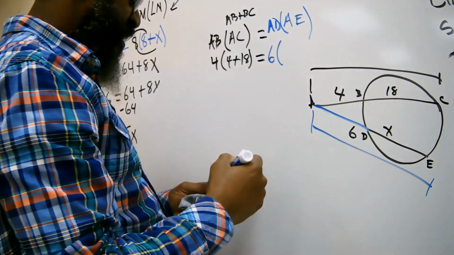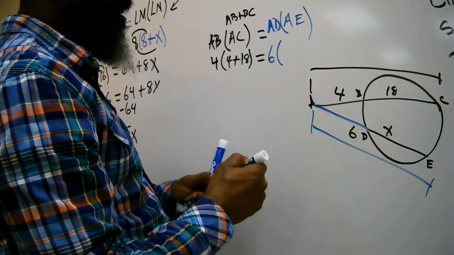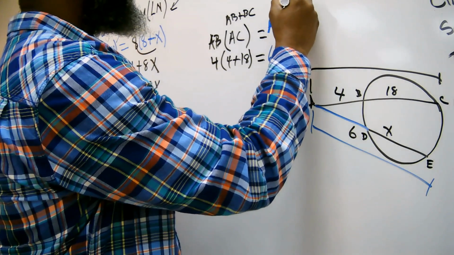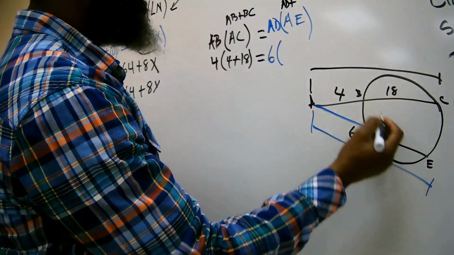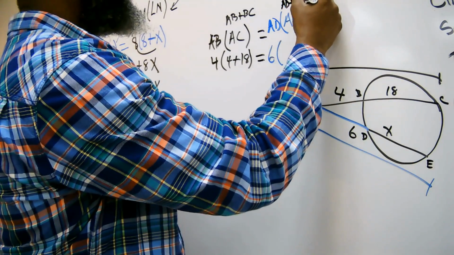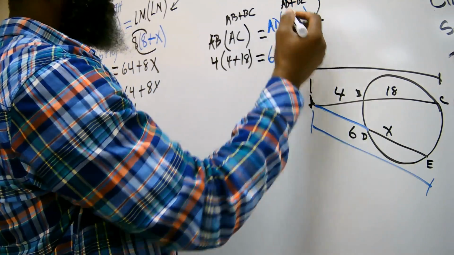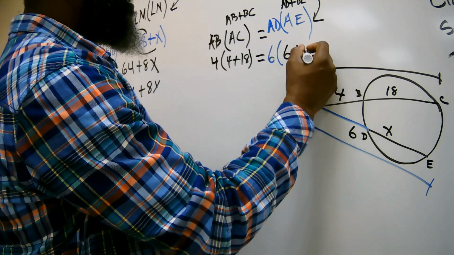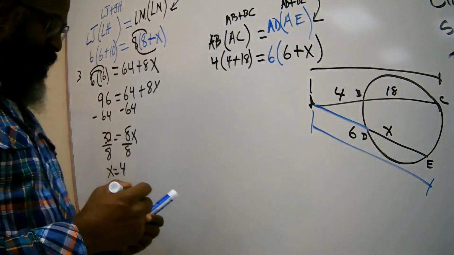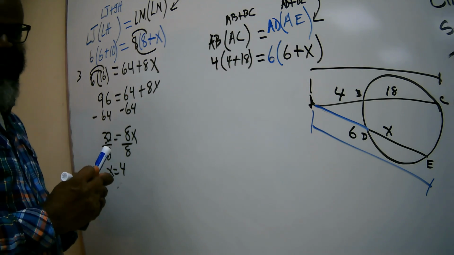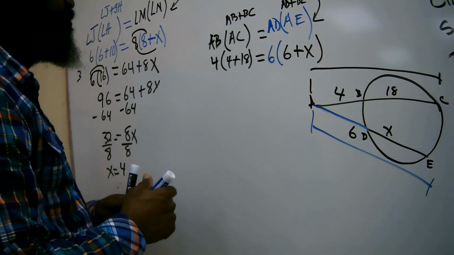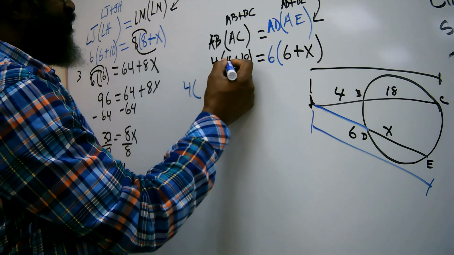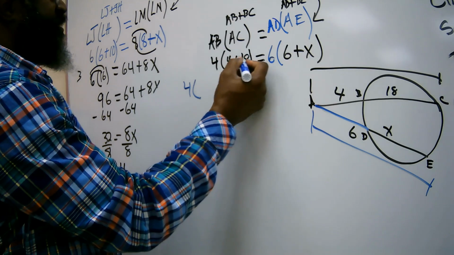Now to get to AE is AD plus DE. That will give you AE. So what is AD? AD is 6. What is DE? DE is x. And that is your equation. Now the only thing you have to do is simplify that and take it home. So when you have 4 plus 18 is 22